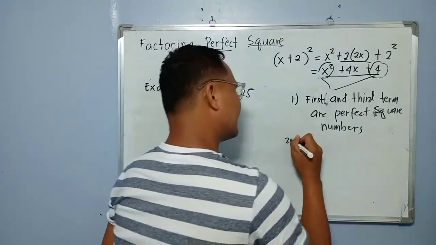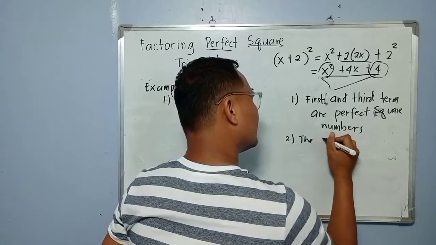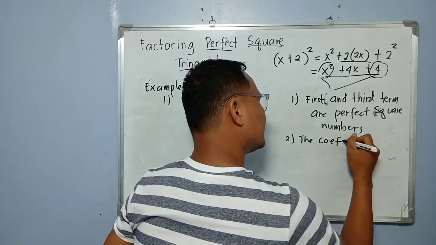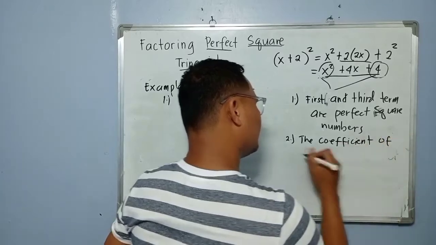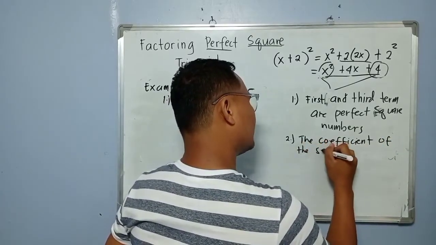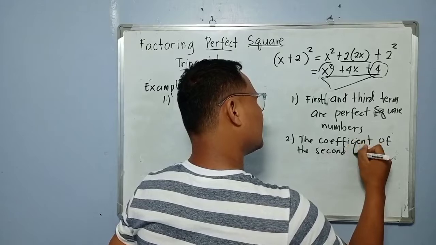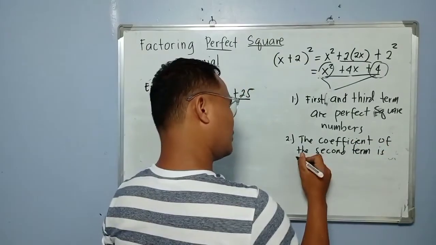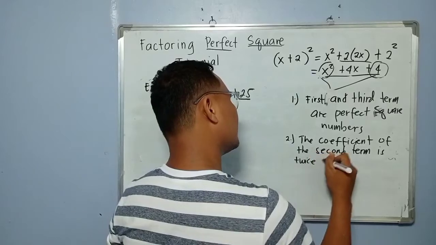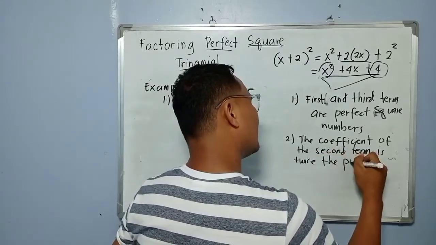Okay? The second is the coefficient of the second term is twice the product